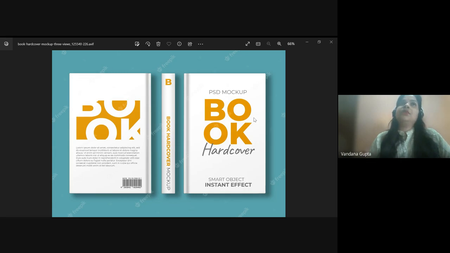So what happens for the cover design? If the author has some suggestions, they provide that, these are the suggestions from my side. If the editor has some suggestions, they provide. And finally it is the cover designer who designs the cover according to the details provided by the editor, the acquisition or development editor. Whatever the details are provided, like the book title, the TOC is also shared with the cover designer,